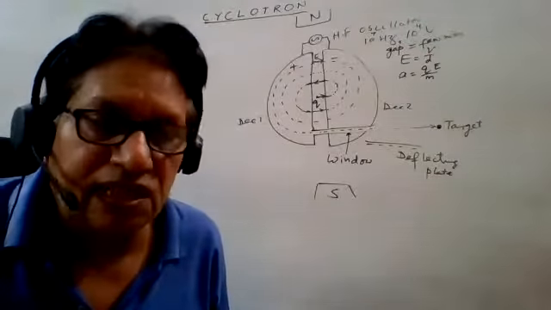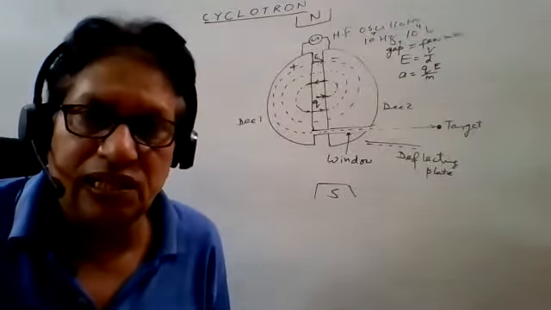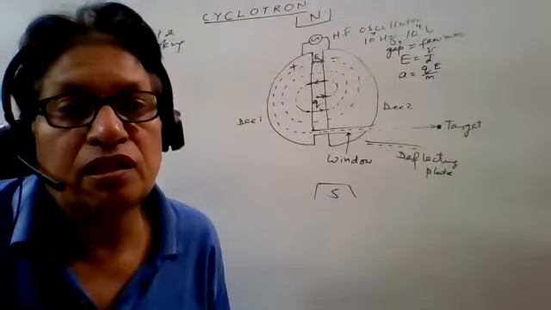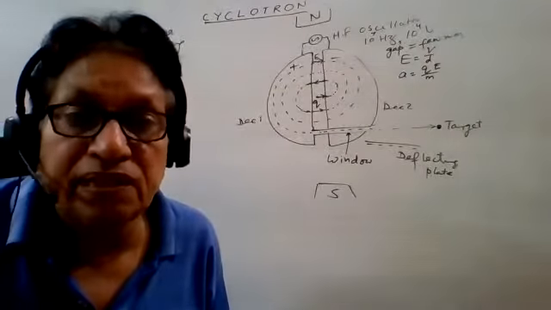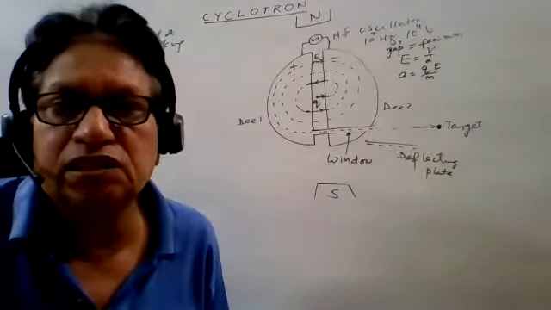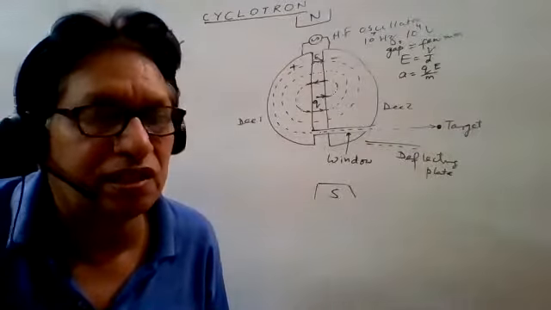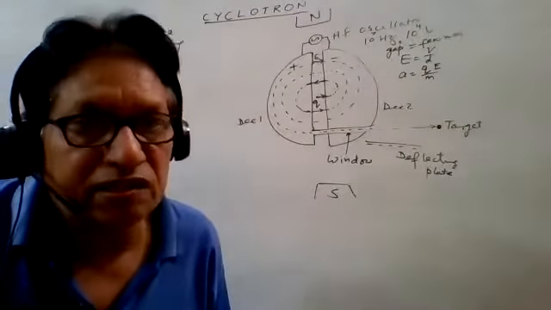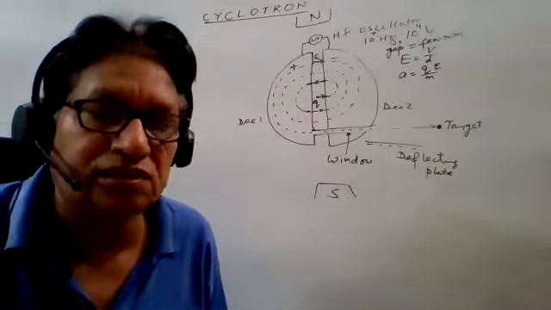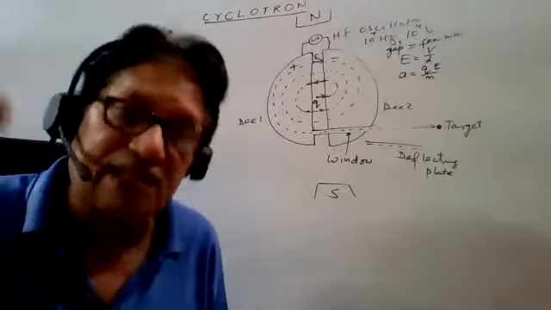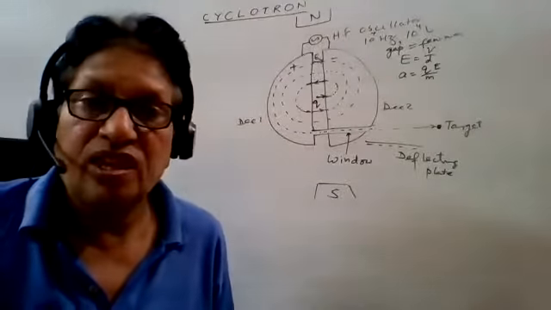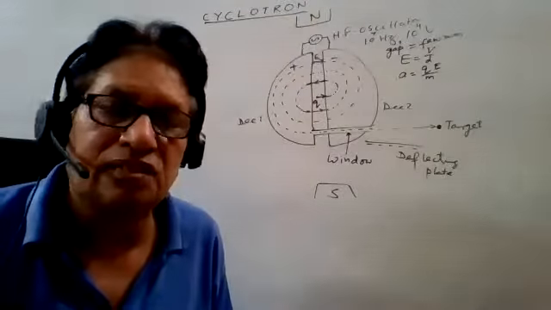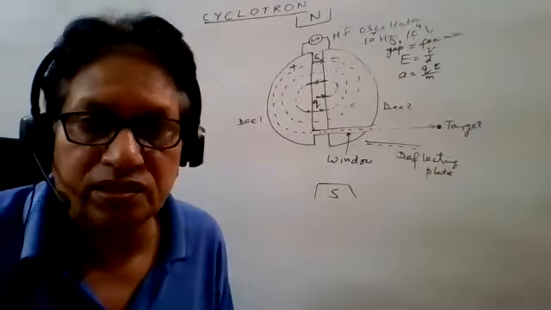If we are accelerating the electron, especially, there is a new design. It is designed only for electrons, called beta particles. That's why this cyclotron is specially designed for electron acceleration. It is called a betatron. So in the cyclotron, normally we are using positively charged, heavy charged particles. For electron acceleration, a new design, a new cyclotron, is called the betatron.